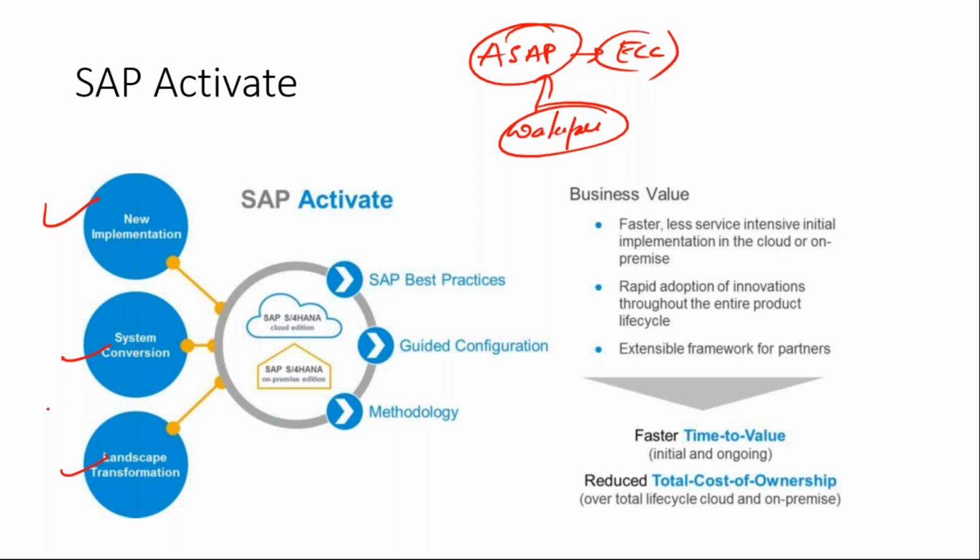Why I'm talking about system conversion is predominantly because many customers are already there, because almost 95% of the customers are already on ECC, already on SAP. But how many of them have 6.0? Almost 80 to 90% of them would be on 6.0. And how many of the people who have ECC would be going to SAP S/4HANA as part of system conversion? Predominantly, most of the projects going forward will be system conversion projects.